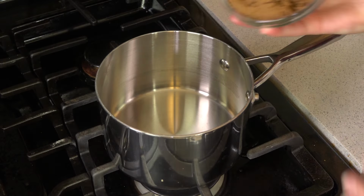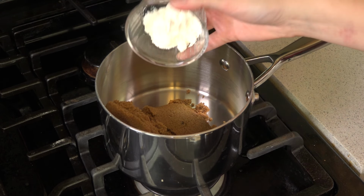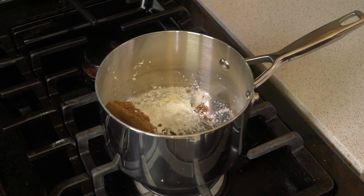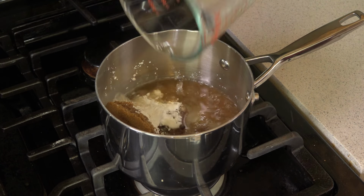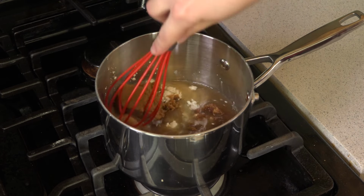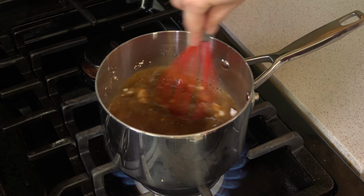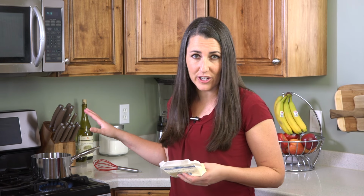We're going to start on the stove by making our easy, simple butter pecan syrup. You'll need 1 cup of brown sugar in a saucepan. Add in 4 teaspoons of cornstarch and a cup of water. Whisk this together and bring it to a boil. This will actually come to a boil fairly quickly, and all you need is for it to boil, and then